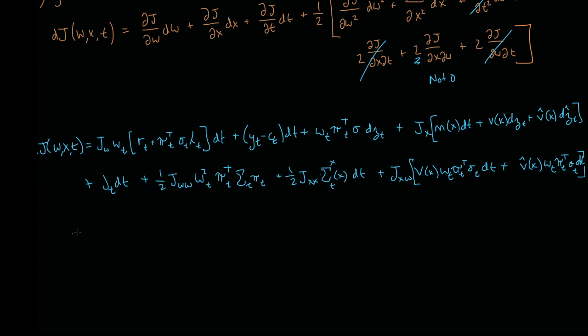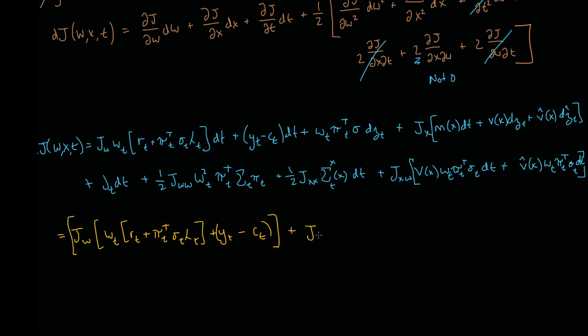this big pile of stuff into the dt and the dz terms. So if we sort it, we're going to get jw wt rt plus pi t sigma t lambda t d. Oops, we're not writing dt yet. Plus yt minus ct. Okay, and then we also have, let's put another big bracket here,